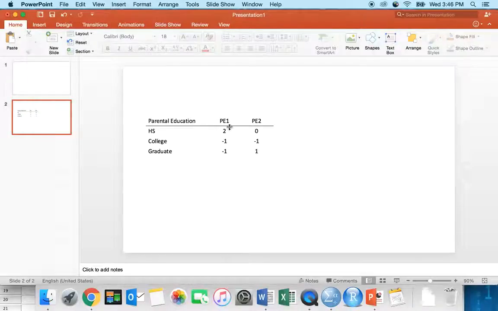So if you want to check whether or not these are orthogonal, first you need to add the column and see that it equals 0. This does as well, equals 0. Then you need to compare each set of codes. So each pair of codes. Here we only have 2, so it's quite easy. We simply multiply 2 times 0, add that to -1 times -1, add that to -1 times 1,